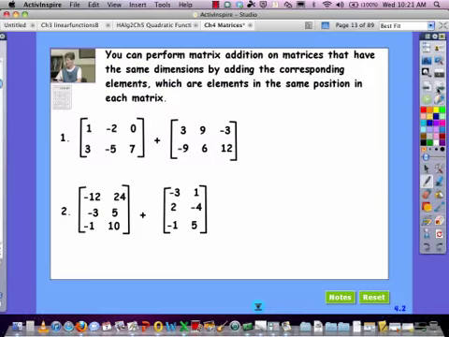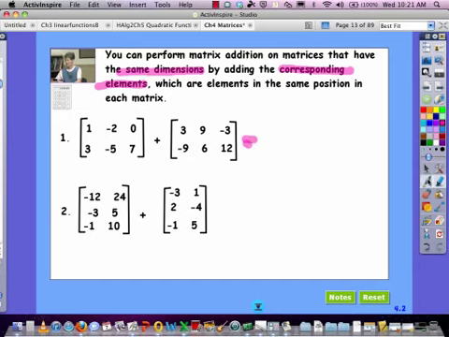You can perform matrix addition on matrices that have the same dimensions. So that's key. You must have the same dimensions in order to add. And then it says by adding the corresponding elements. So there's another key piece. Corresponding means first row, first column with first row, first column in the others. So in this case, we were going to get,